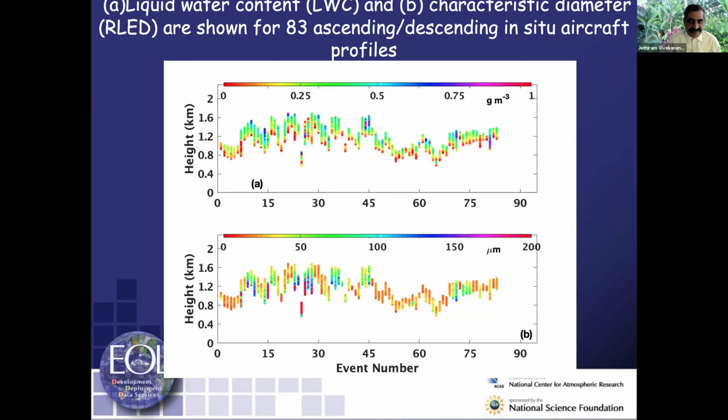4,650 droplet spectra arranged in descending and ascending profiles, as the C-130 collected data sets that were shown. And these are the data sets I used to develop a simulation technique and validate it. Since I know in an observation simulation experiment what's input and what's output, I could validate whether my technique works in a very clear condition where there is no observation error.